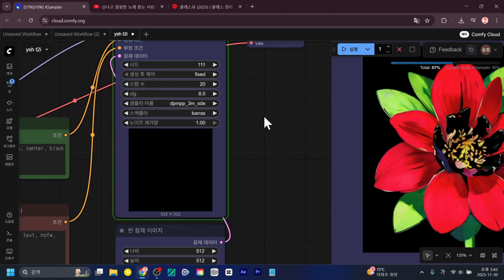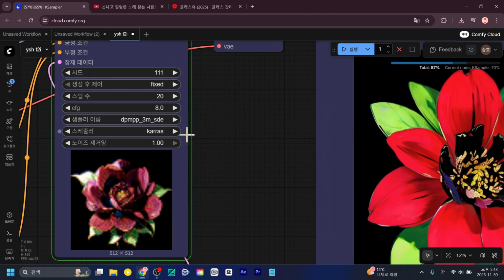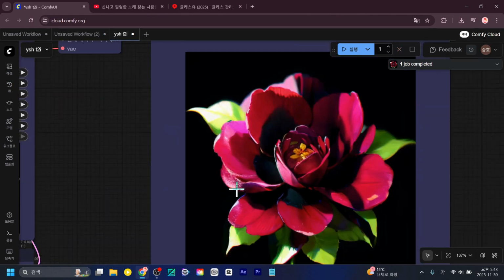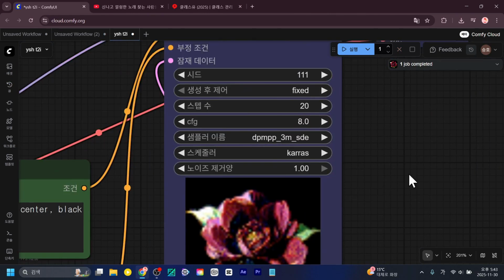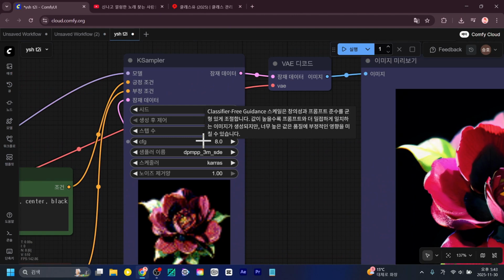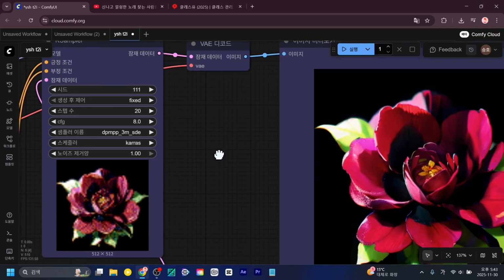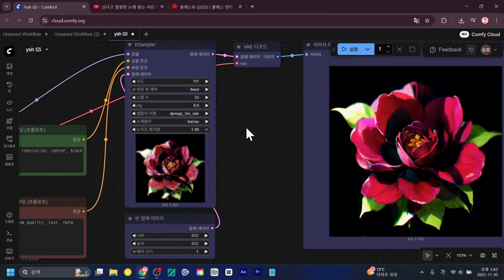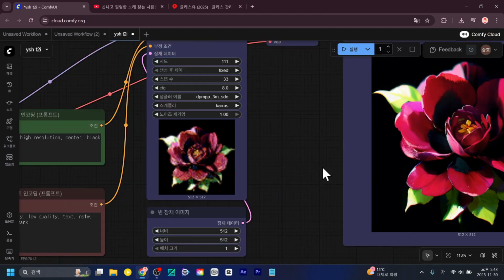So, what you can understand here is that whenever you change the sampler or the schedule, even with the same seed, the feel of the image changes. That's something we've been able to figure out. Next, every time you adjust the CFG, you can check how faithfully the prompt is being followed, or see how the way the image is controlled changes a bit. It's explained very clearly here. That's excellent. If you increase the steps here, it's very likely that the texture and other detailed elements will improve even more, right?